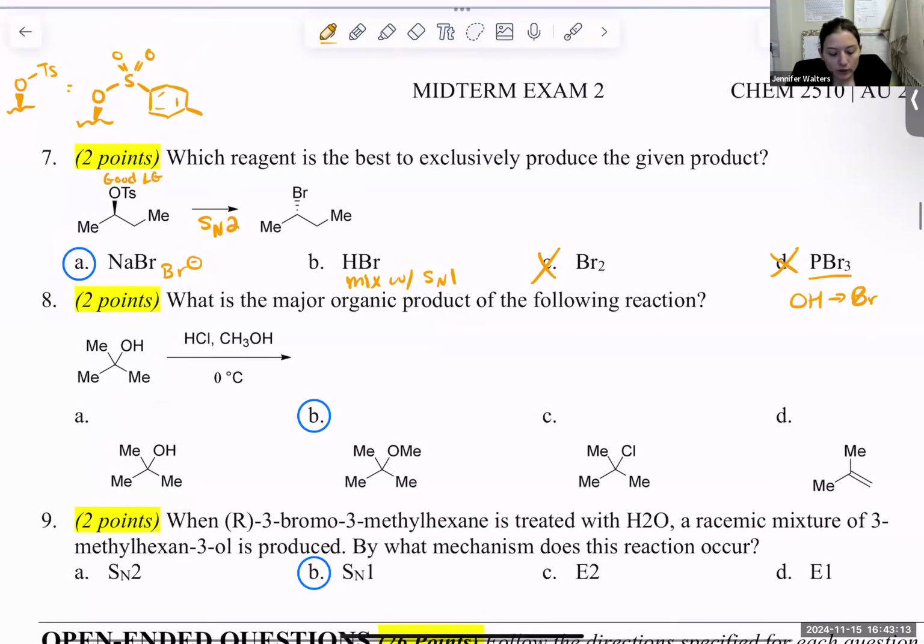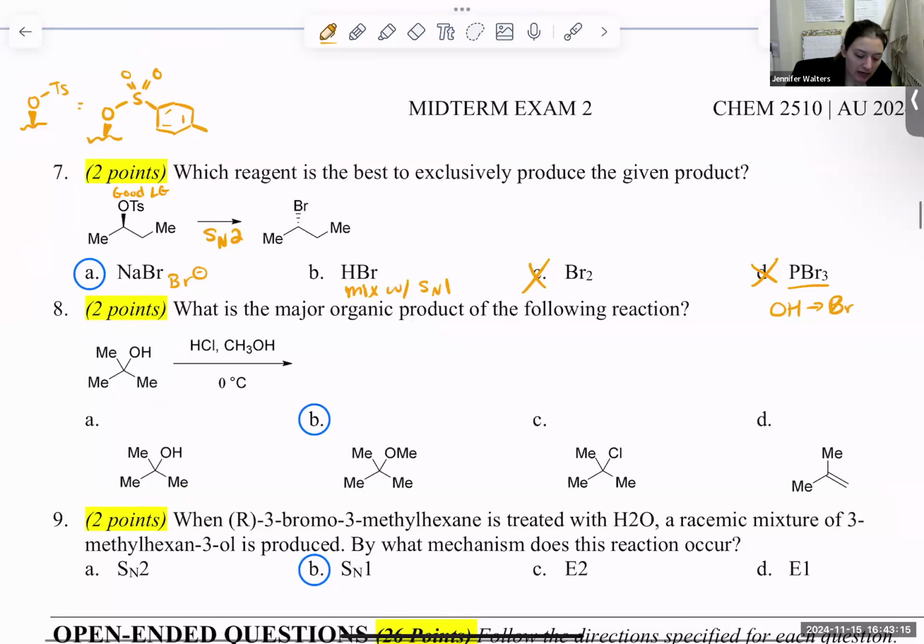Number 8. What is the major organic product from the following reaction? All right, so I see that tert-butanol, hydrochloric acid, methanol, and it is 0 degrees Celsius. So I see that I have strong acid. So strong acid is going to protonate something. So when I protonate my alcohol, and I consider what's in solution,